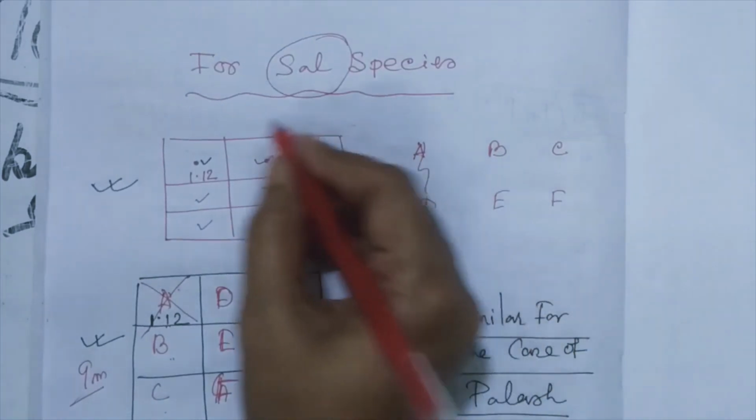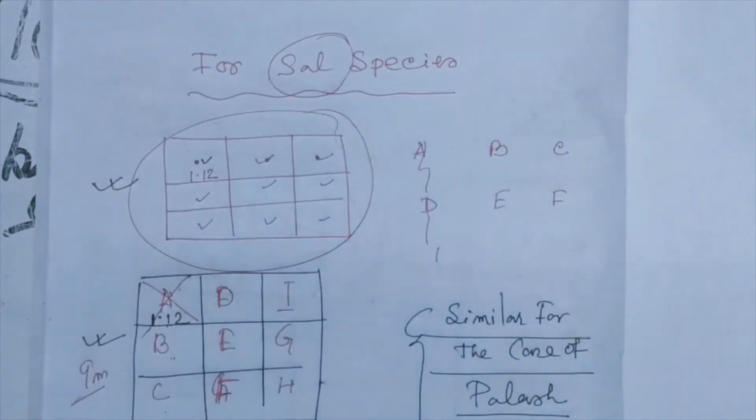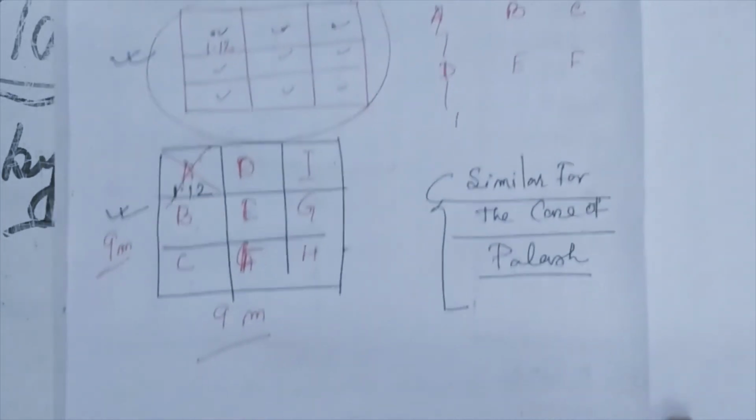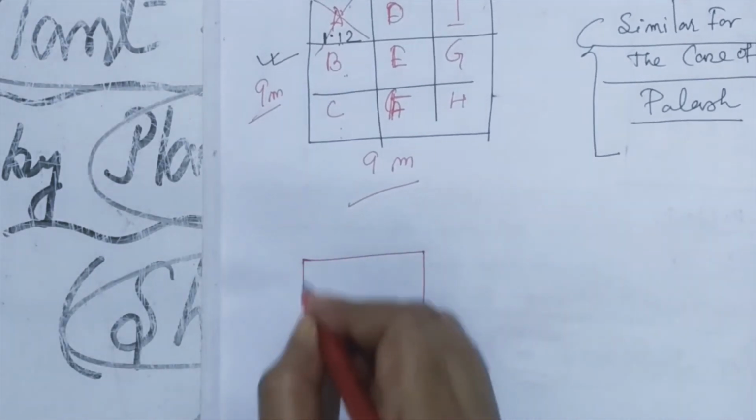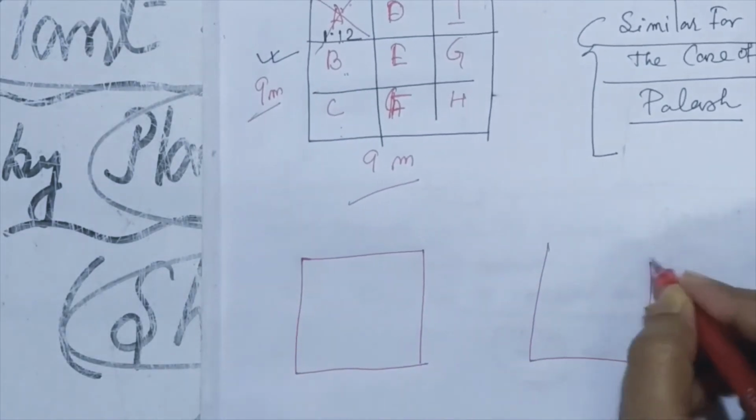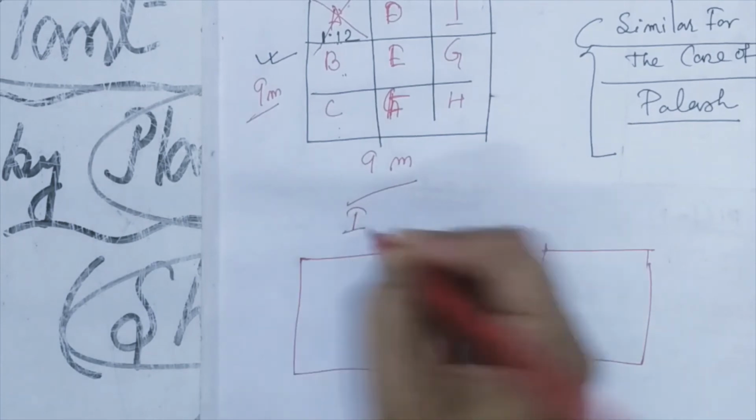And after getting these index numbers, this is the index for the Schall species. You can draw an isoline and divide the zone into biodiversity zones. A similar process goes on for species number 2, that is Polarsh. Finally, two square grids will come. This is for species number 1, that is Schall.